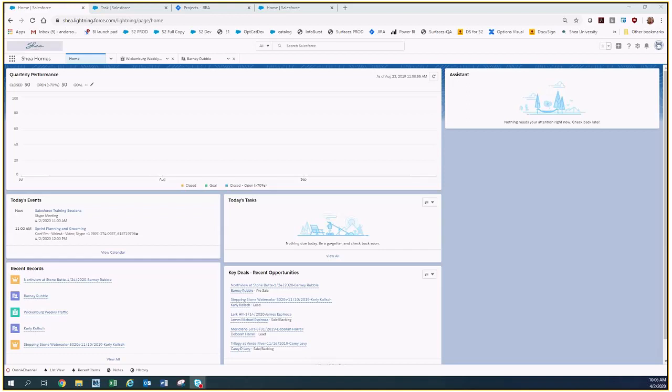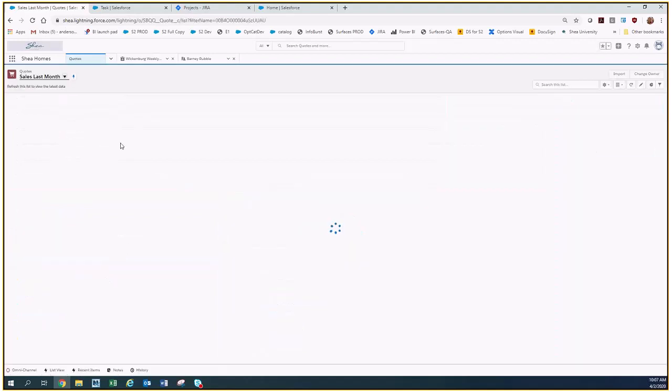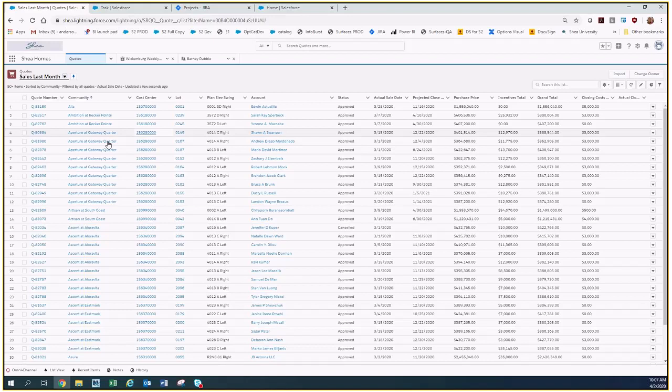If I want to generate some type of a list of that information, then I can use a list view, and I can do the list view on any of these objects listed on the left. So these are all considered objects. Now, when we create the contingency report, there is no way that I could have done a list view to show me my contingencies, because the contingencies, when you look at an actual quote, are on the related list on the right-hand side, which means they are a